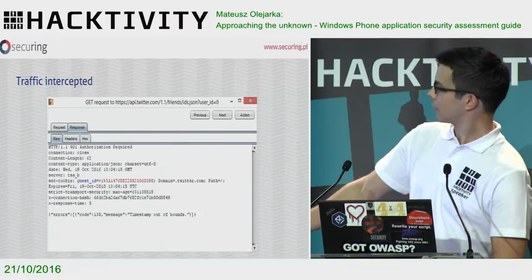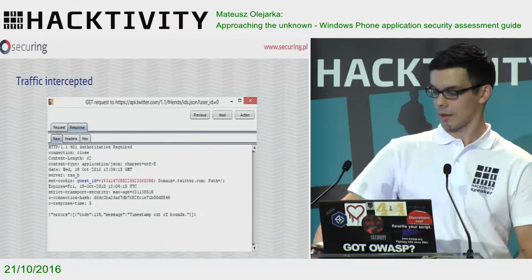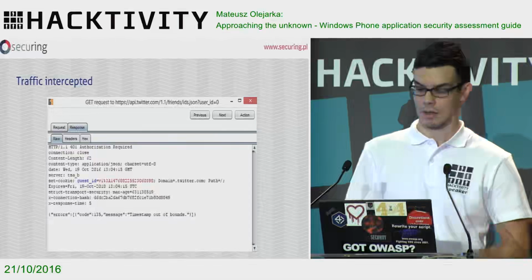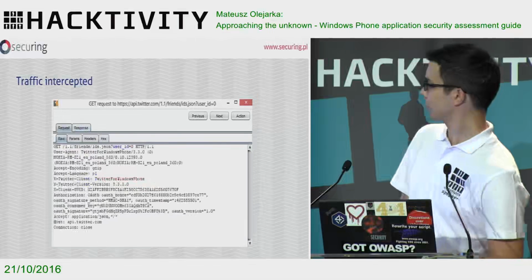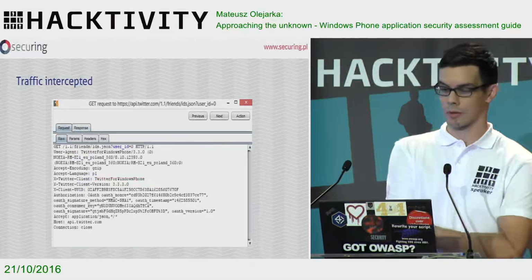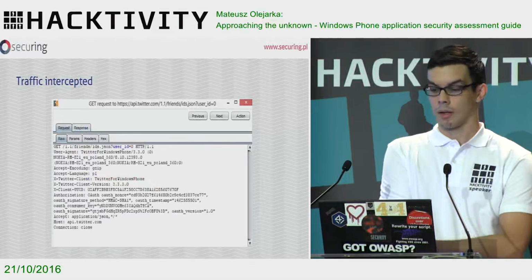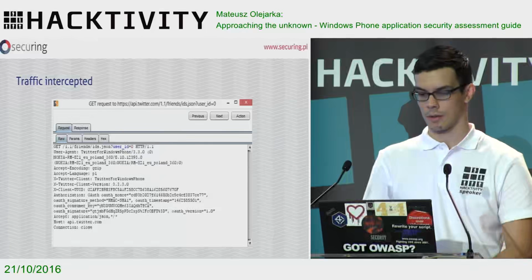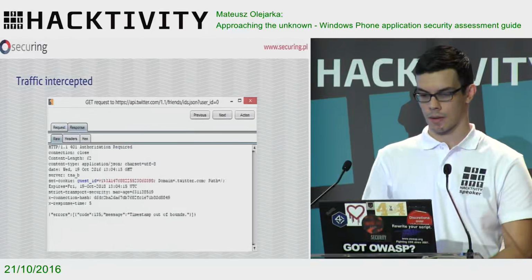Here is some funny error because the time on my phone is somehow set to May this year or something like that, so some error occurred. But basically, in case of the Twitter application, that's it.